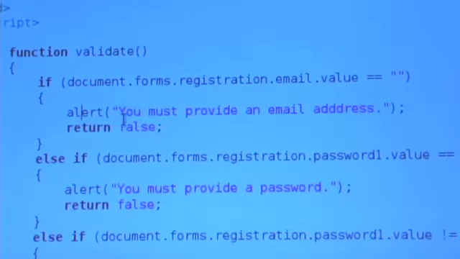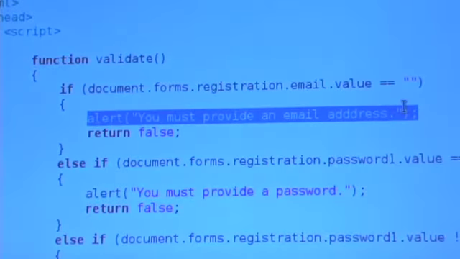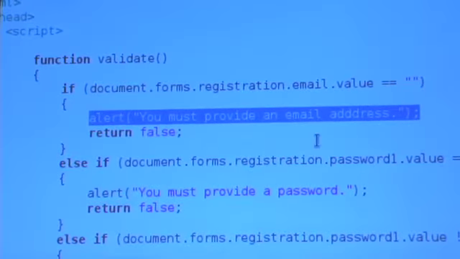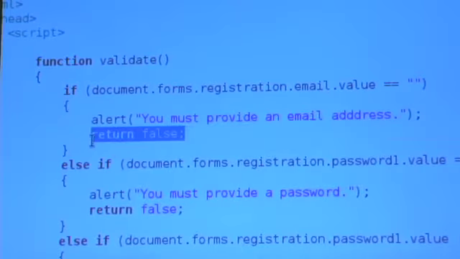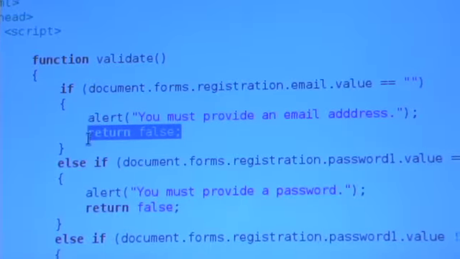So a very simple way of yelling at the user, even though it's not the prettiest way, because different browsers create different aesthetic windows, alert literally just alerts the user with a modal window, which means you can't do anything until you click OK in this window. And I'm returning false, moreover, to make sure that not only am I yelling at the user, I'm short-circuiting the form's submission. Now, the rest of these are somewhat intuitive based on that explanation. So even though the syntax is, again, a little verbose, document.forms.registration.password1, this was the first of my password fields, .value equals quote unquote nothing.